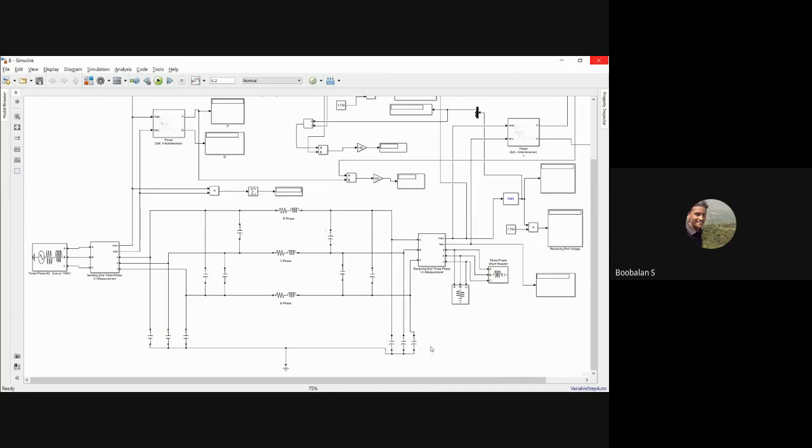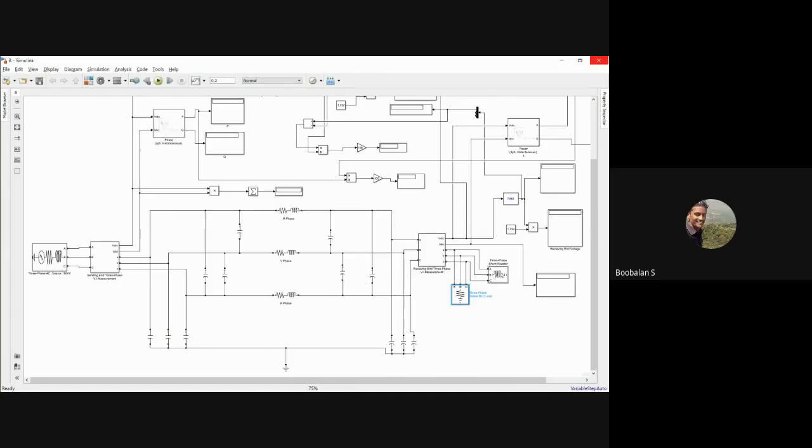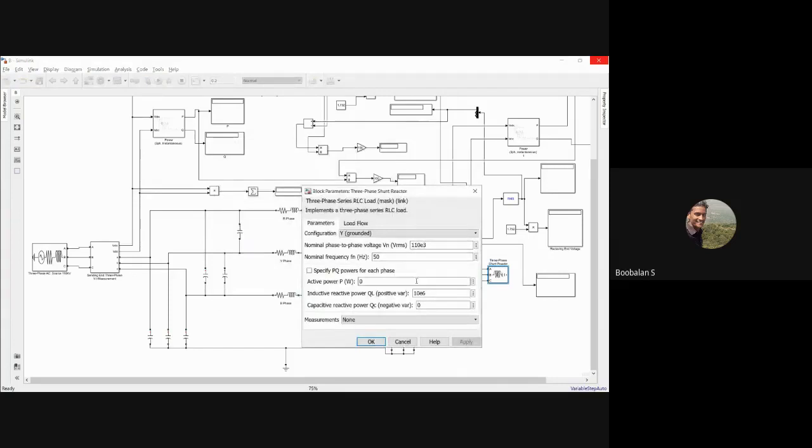It will look like a nominal pi, and here you have my receiving end. We have an R load, that is called real power. We are consuming real power alone, 10 into 10 to the power 3, so 10,000 watts, right? So only active power is transmitted through the transmission line at my 110 kV voltage. This is my real active power. And we have a three-phase shunt reactor over here in order to remove the Ferranti effect. That's why we add a shunt reactor of 110 kV, 50 hertz, so the inductive reactive power will be 10 to the power 6, right?